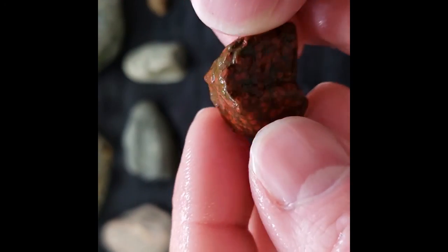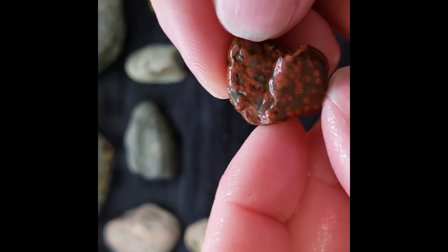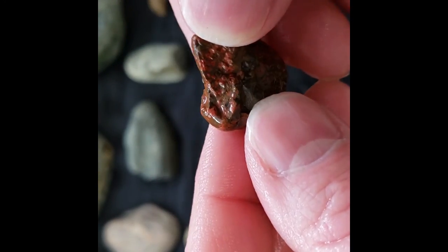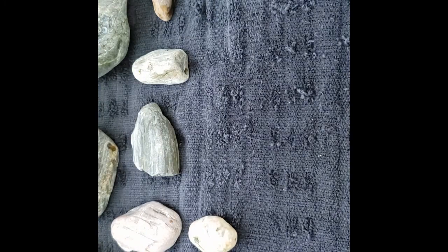Itty bitty piece of poppy jasper. So I found orbicular and poppy on the same beach. So that was pretty cool. It's just a tiny little piece, but it's neat. I like it, so brought it home. Oh,